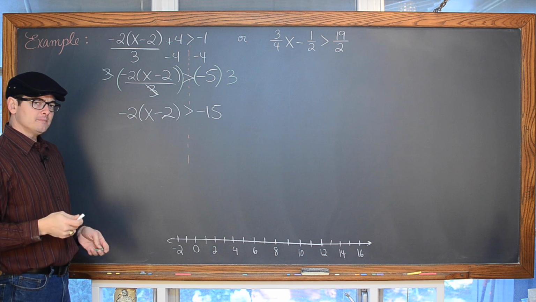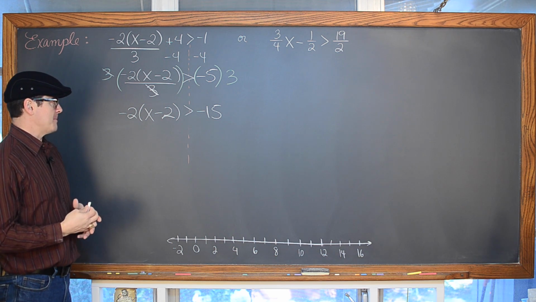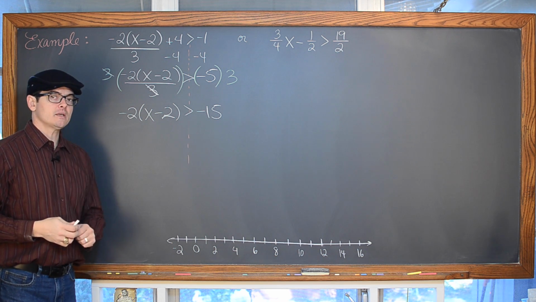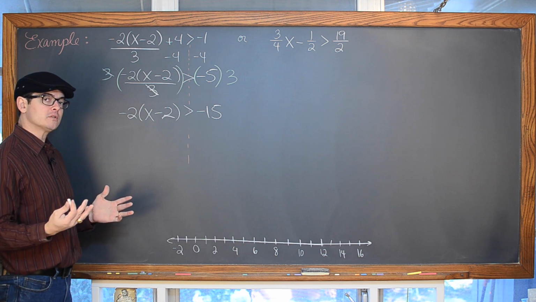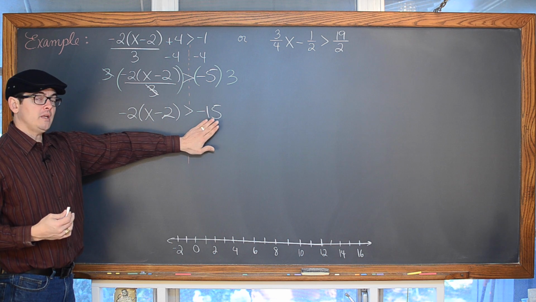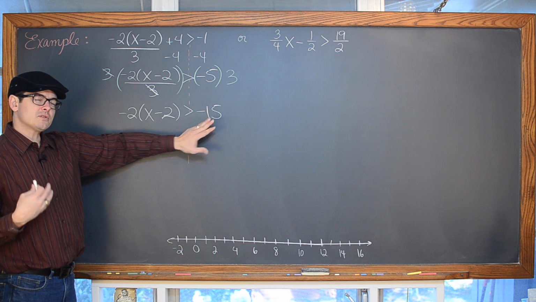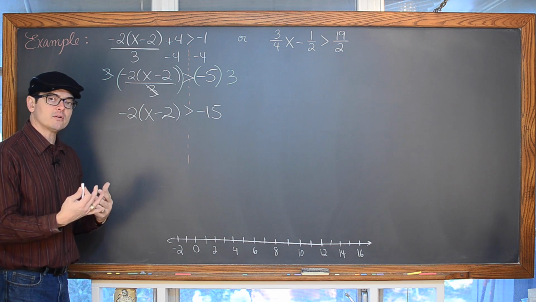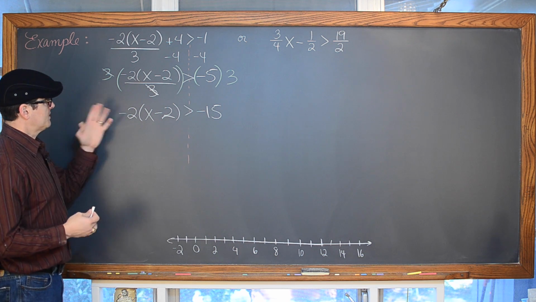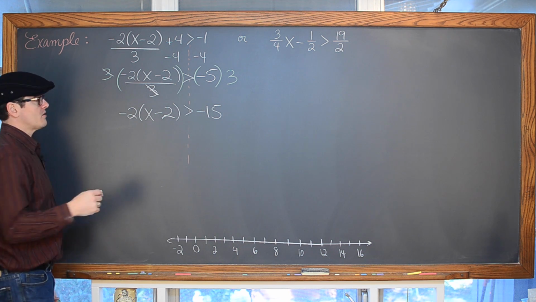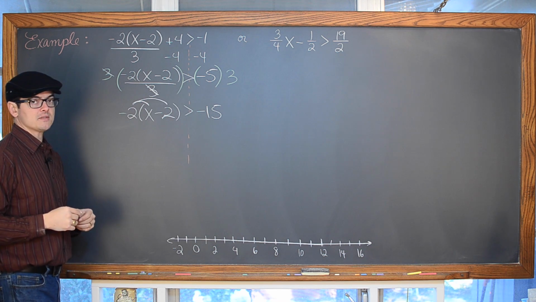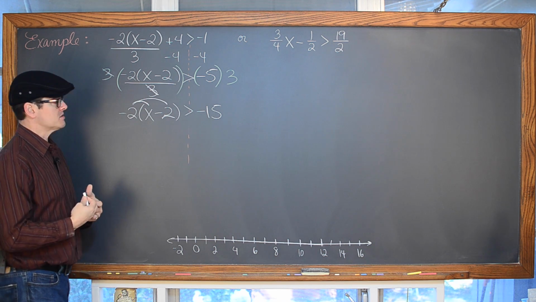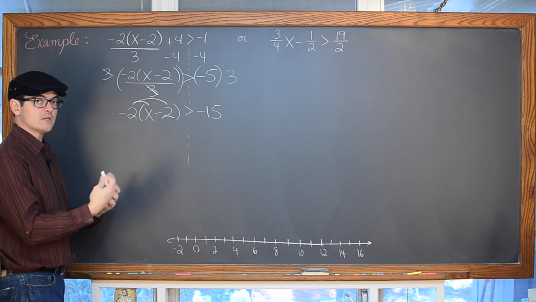Now, at this point, I have a couple of options. I can divide both sides by negative 2 and not distribute it through the parentheses, and I probably would do that if this were an even number. But just to create the least amount of fraction work possible, I'm going to take the negative 2 and distribute it through the parentheses, and not create a fraction until I'm finished with the problem.